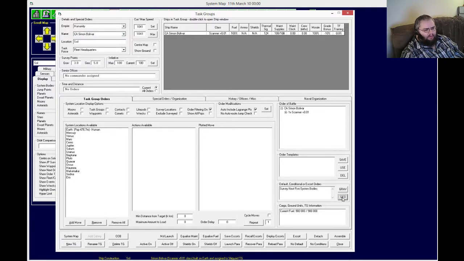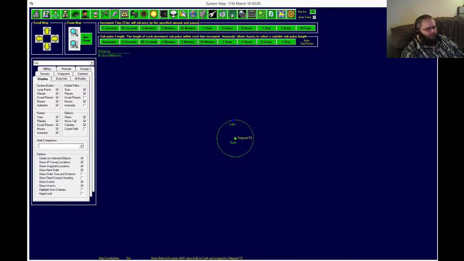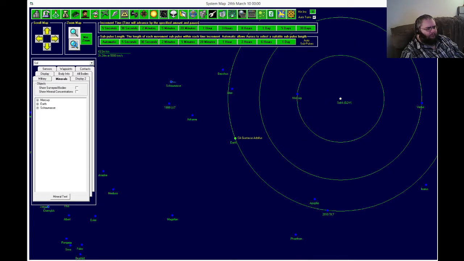So you'll be doing geo-surveying, and because you are so slow and weak, I need to put a conditional order on for you to go and refuel yourself. Okay, this is so much nicer. Alright, how have we done so far? Well, you haven't done a gas giant yet, so maybe I should send you directly to...